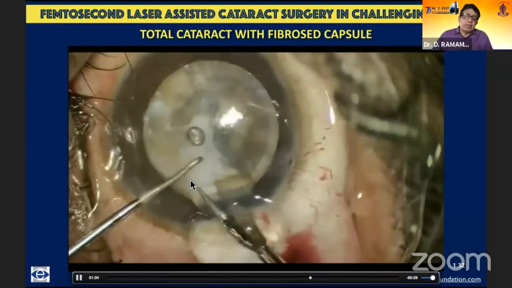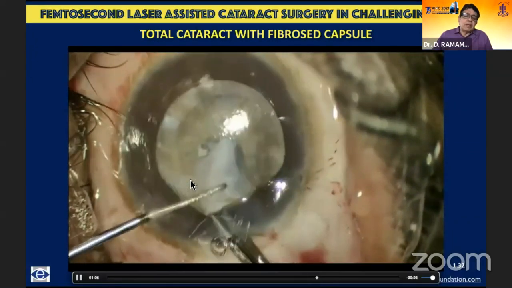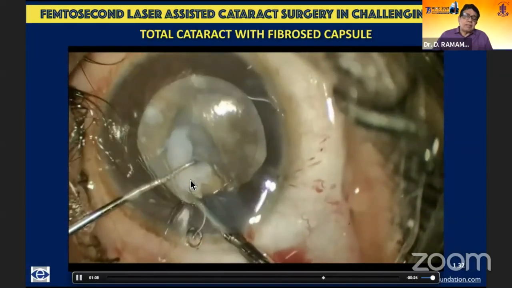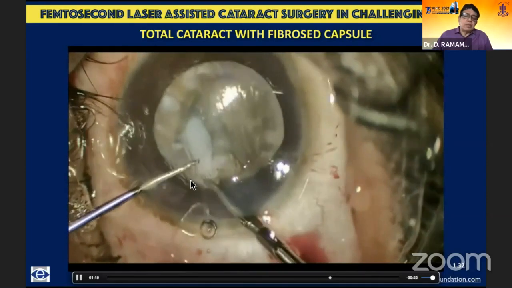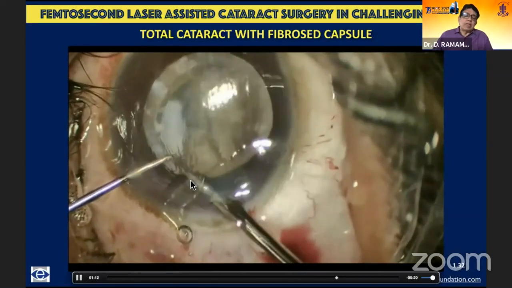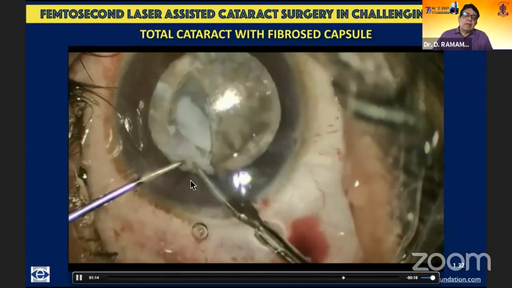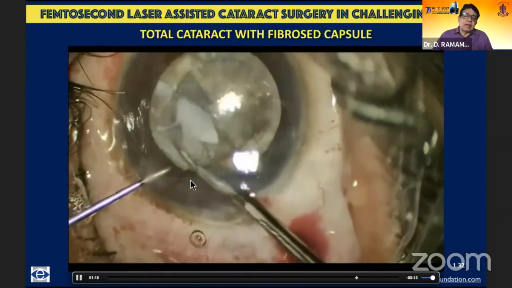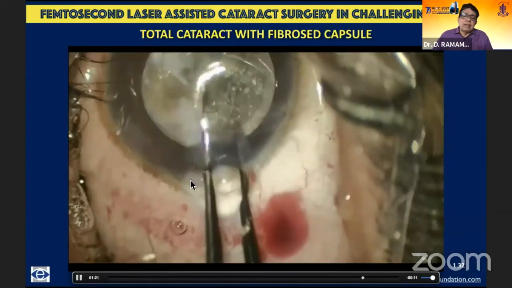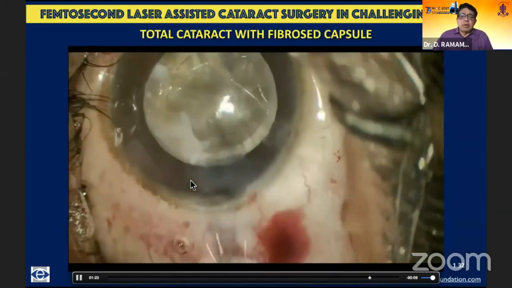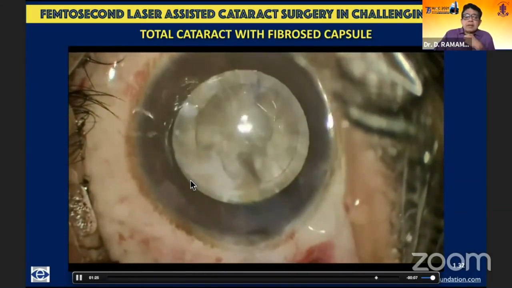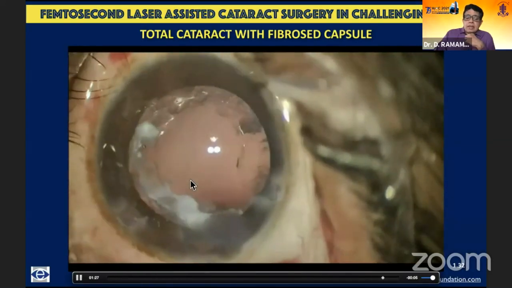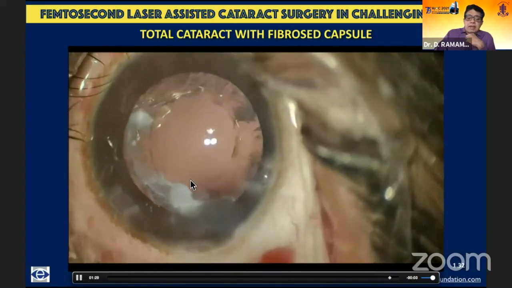Sometimes the best of instruments may not work, but a simple instrument in your hands, the Warner micro rhexis scissors, might do the job for you. And that's exactly what is being done. But the thick plaque of cortex that you see over here, the cut of the capsule that you see over here, is not something you're going to deal with. And that's the end of surgery, and I can go ahead and implant a lens.